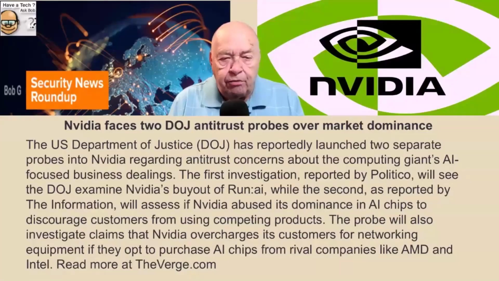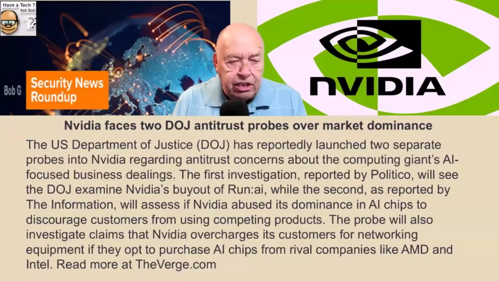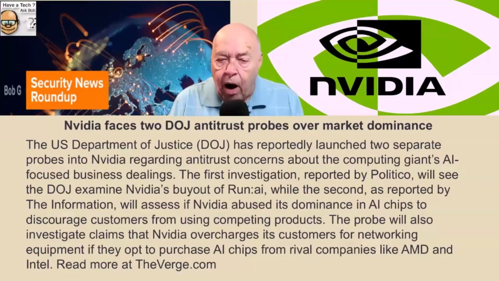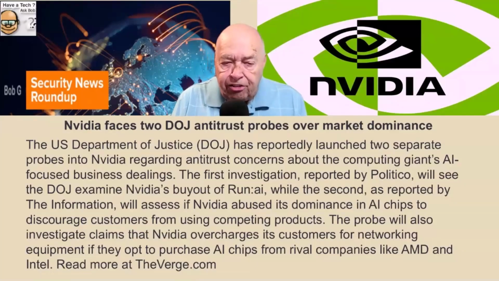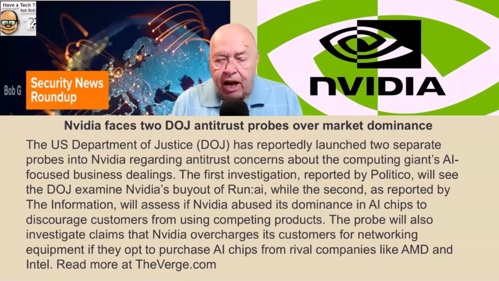NVIDIA faces 2 DOJ antitrust probes over market dominance. The U.S. Department of Justice has reportedly launched 2 separate probes into NVIDIA regarding antitrust concerns about the computing giant's AI-focused business dealings. The first investigation, reported by Politico, will see the DOJ examine NVIDIA's buyout of Run AI, while the second, as reported by The Information, will assess if NVIDIA abused its dominance in AI chips to discourage customers from using competing products.